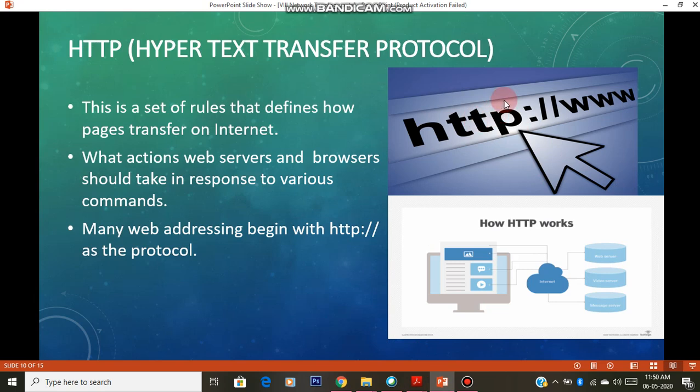HTTP colon two forward slashes, and www dot youtube.com, www dot google.com, all these things come after HTTP. What is the use of HTTP, what are the rules set by HTTP, what does it actually do?